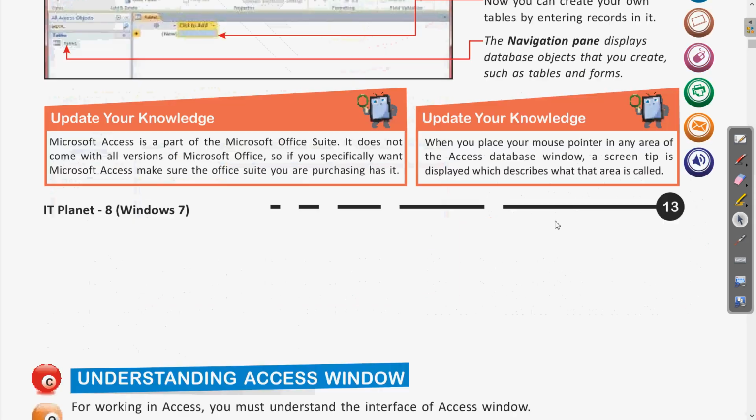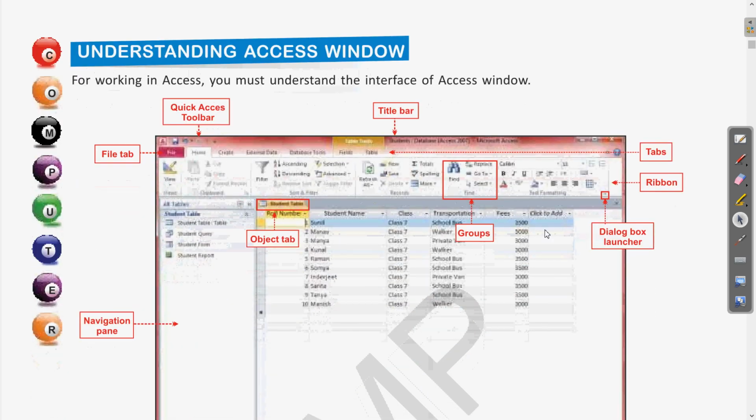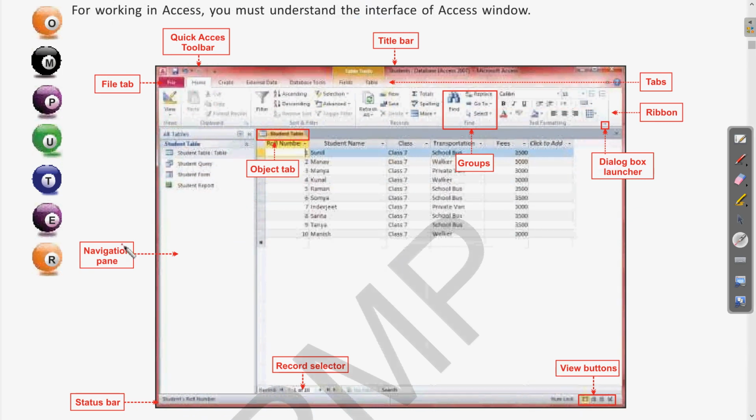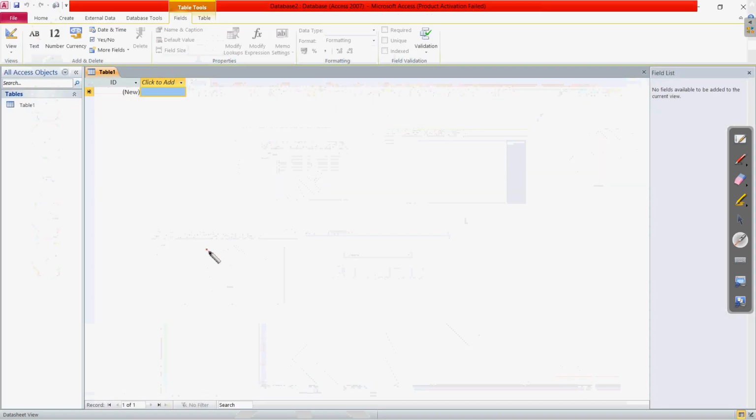Clear? If we see the different parts of this Access window, here it is explained. Here you can see this is the navigation area where the tables, queries, forms, reports, whatever elements we create, are present in this navigation pane. If we come to this software window also, here you can see right now Table 1 is represented. If you create any query or report, which we have seen in chapters 3 and 4 on how to create queries and reports, they will appear here.